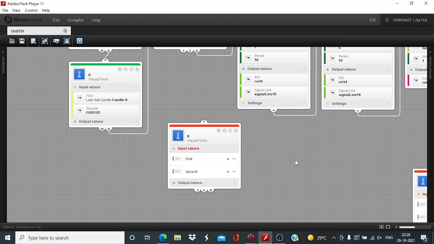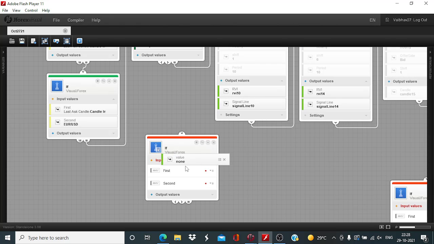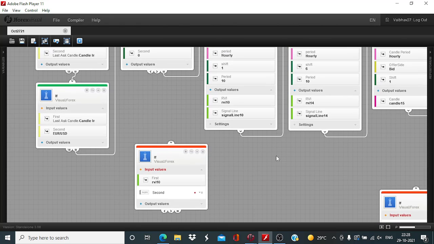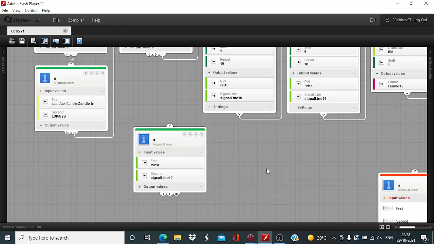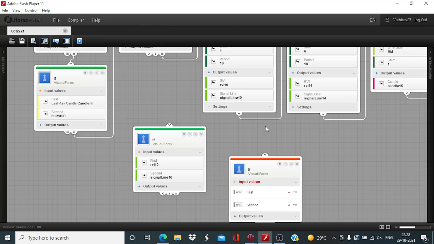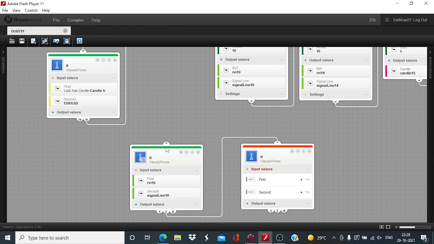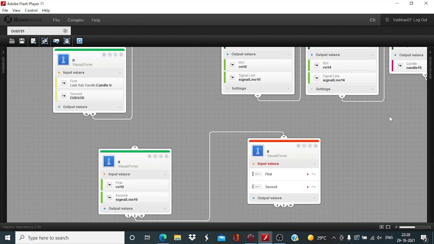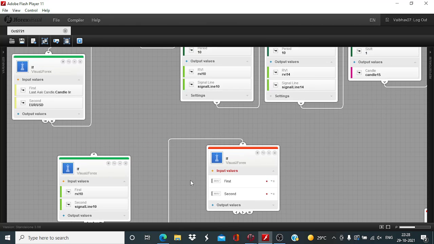Last hourly RVI output will need to be greater than the last hour signal line output. Okay, so here first input greater than second input, first input greater than second input. Okay, then